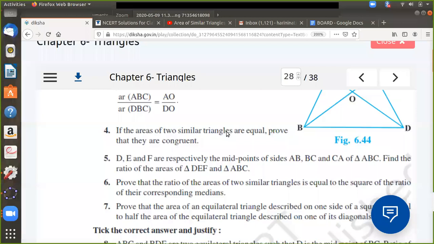I can say the left-hand side has become 1. Why? Because the area of the two triangles, if they are equal, the numerator and the denominator will be the same. So what happened to the LHS? It became 1. What did we have in the right-hand side? Because of the theorem, if I take the ratios of areas of two similar triangles, they will be equal to the ratios of the squares of their corresponding sides. So on the right-hand side, you will be having AB by PQ equals BC by QR whole square, which is equal to AC by PR the whole square.